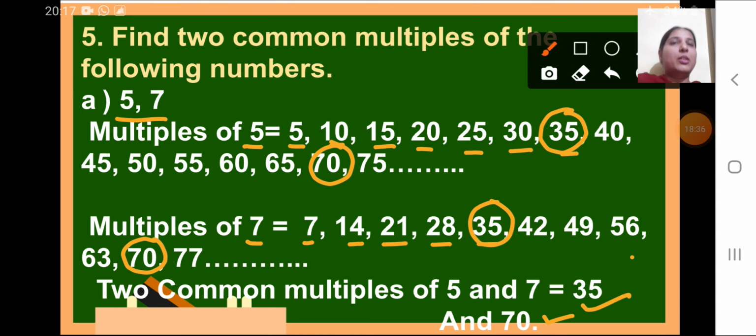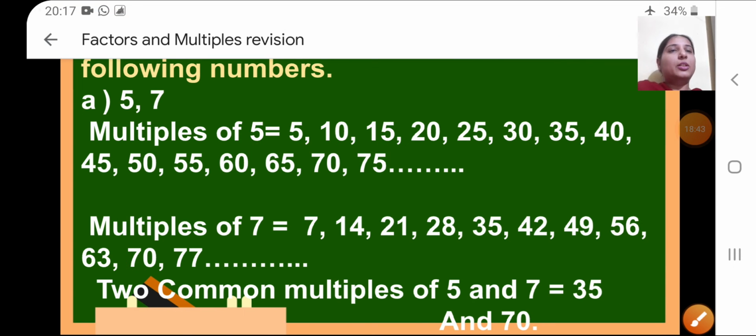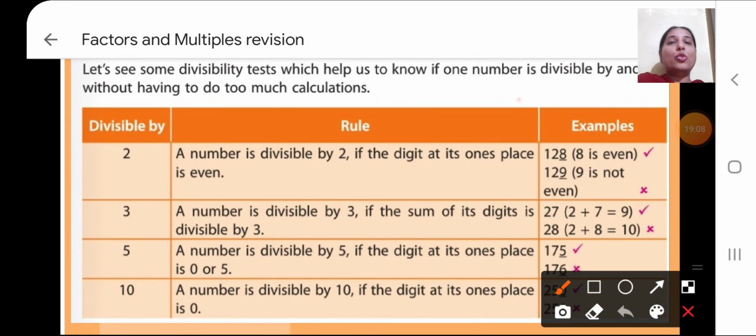Okay? Now, children, let's move to the next concept, that is test of divisibility. How to find whether a number is divisible by a given number or not. There are a few tests, a few rules. If you follow them, you will be able to understand whether a given number is divisible by 2, 3,